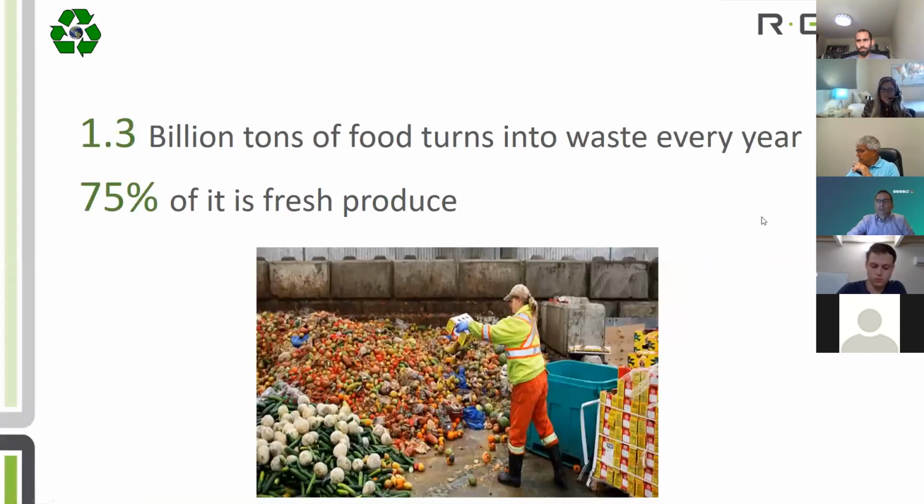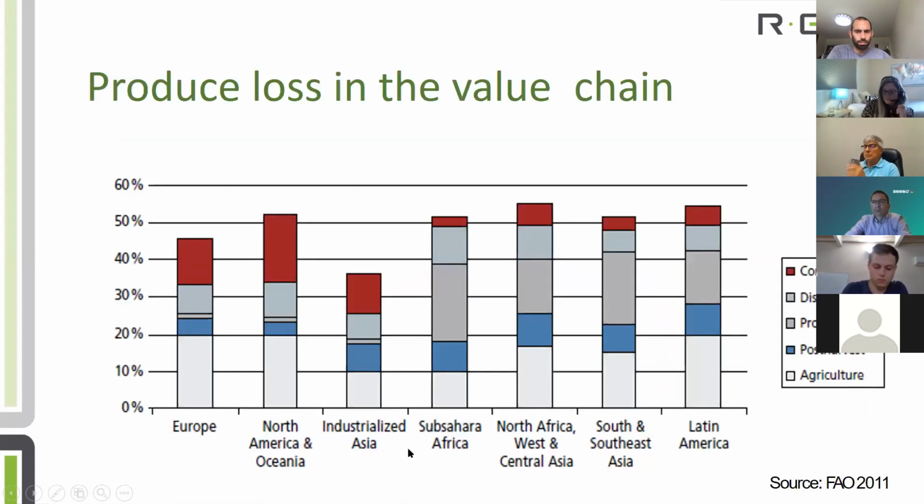Speakers that spoke here before me already mentioned the huge amount of food waste. We're looking at 1.3 billion tons of food turning into waste every year. The majority of it is fresh produce, about 75%. If we dive into the numbers and look